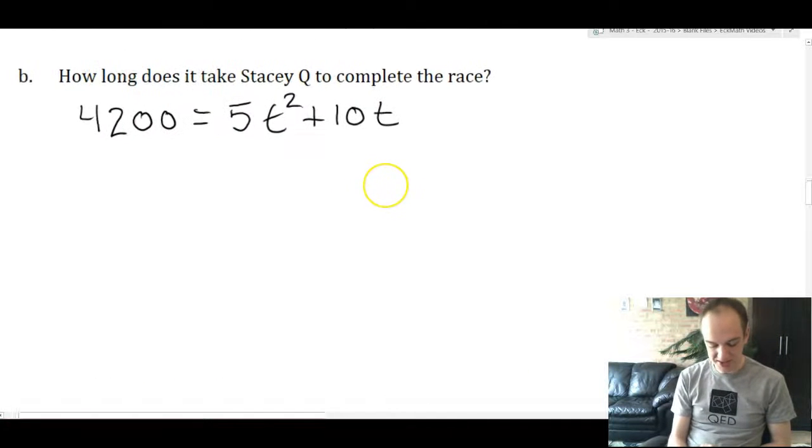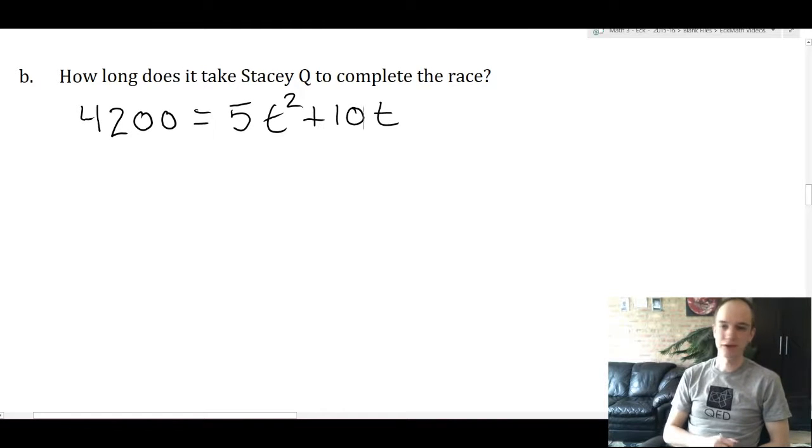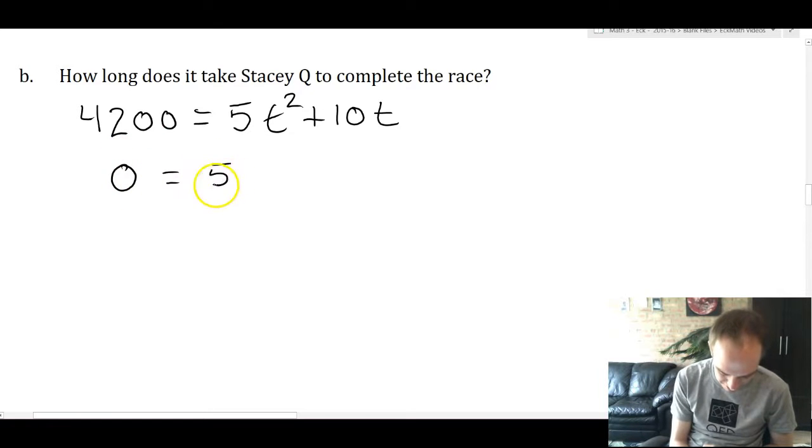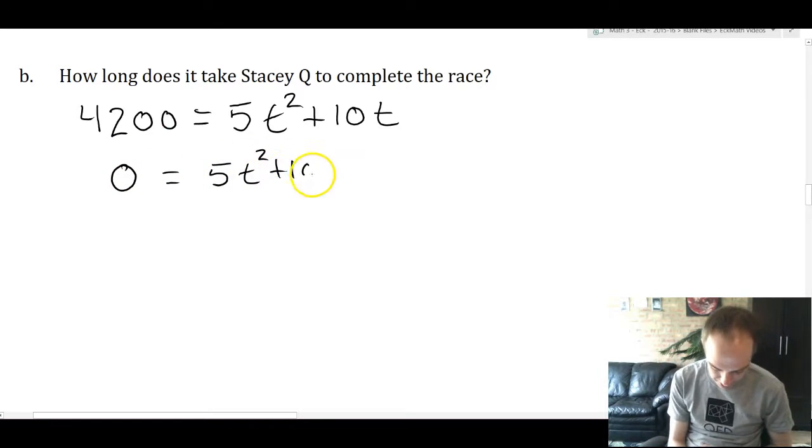I know that this test is not a factoring test, but factoring has to be in your arsenal. If we give you factoring questions, this will probably be as hard as they get, and they probably wouldn't be quite this tricky. Not that this is necessarily tricky. First thing to do with factoring is you need to get it equal to 0. So we're going to say, all right, 0 is 5t squared plus 10t